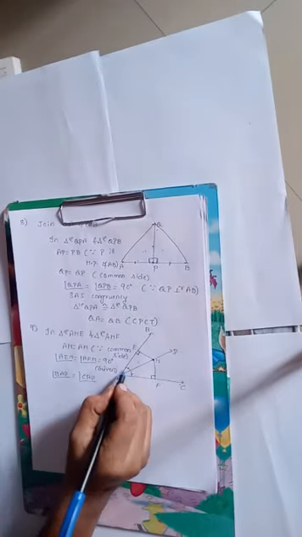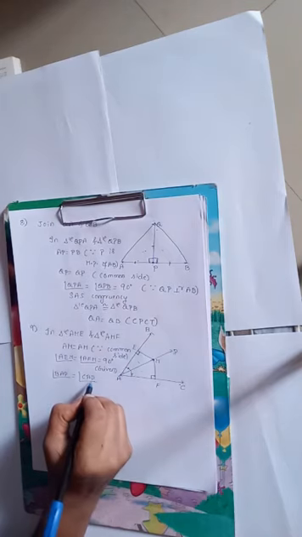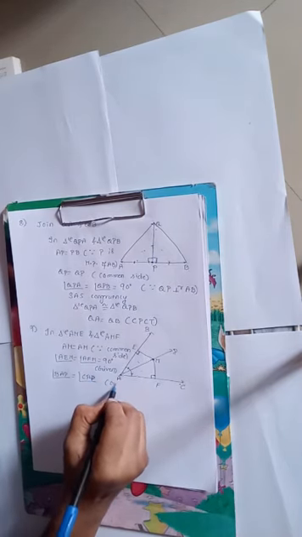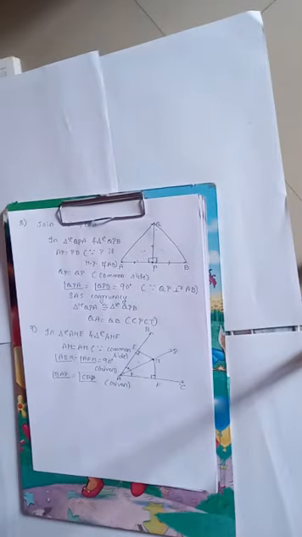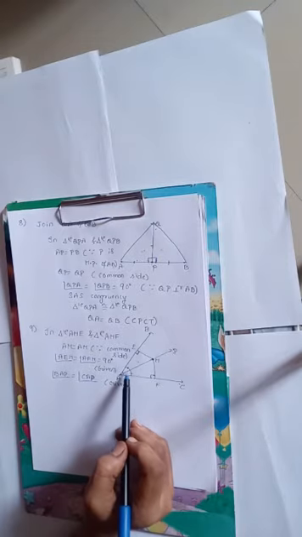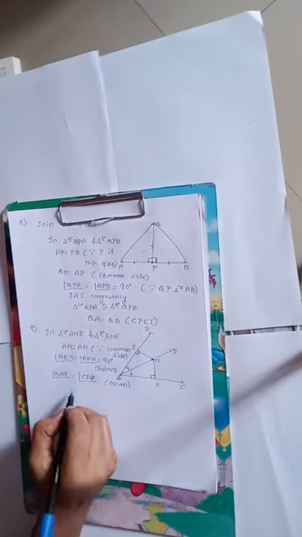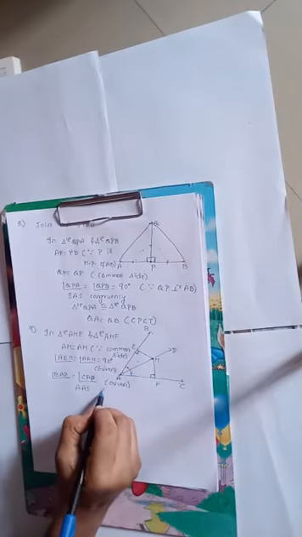It bisects BAC into two equal parts. It is also given. Now two angles and one side are equal, so according to the AAS congruency condition,